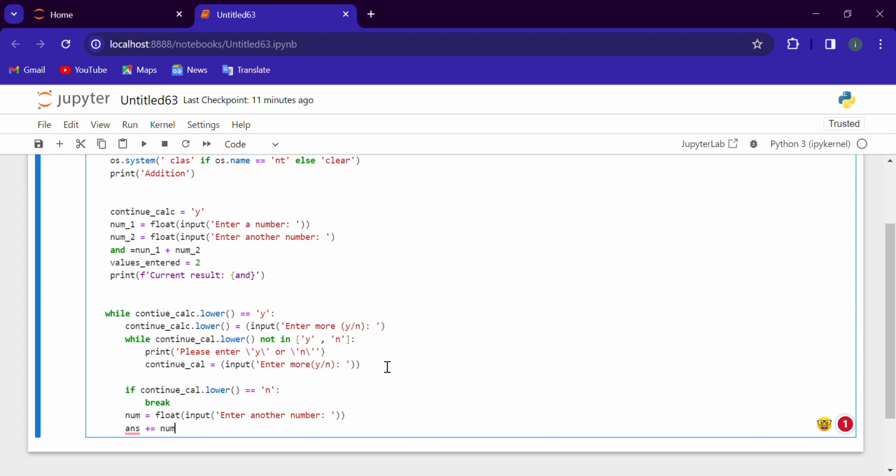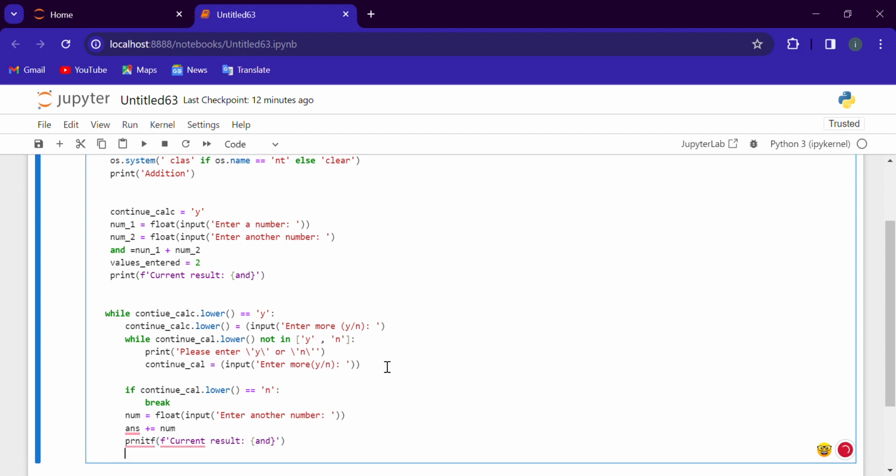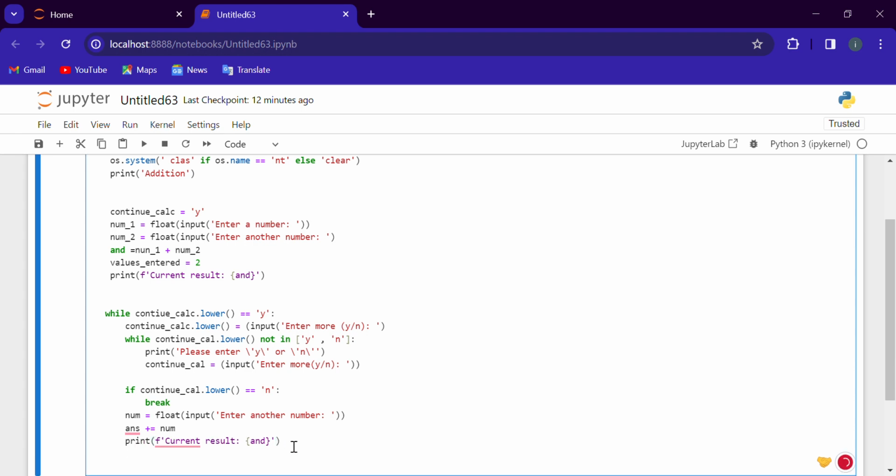So print f prime. Now the current result will be updated and answer. It is not a printf, it is print. No, this is not the correct spelling. Print. And now we are seeing that